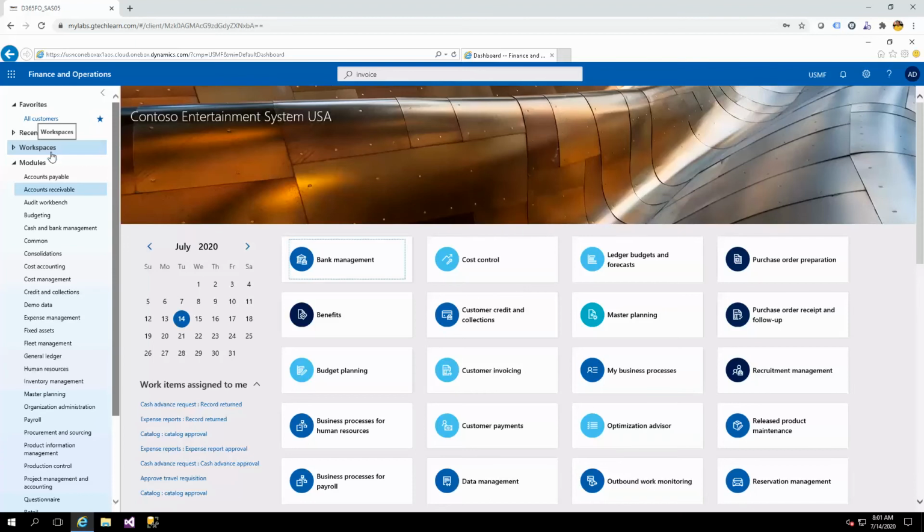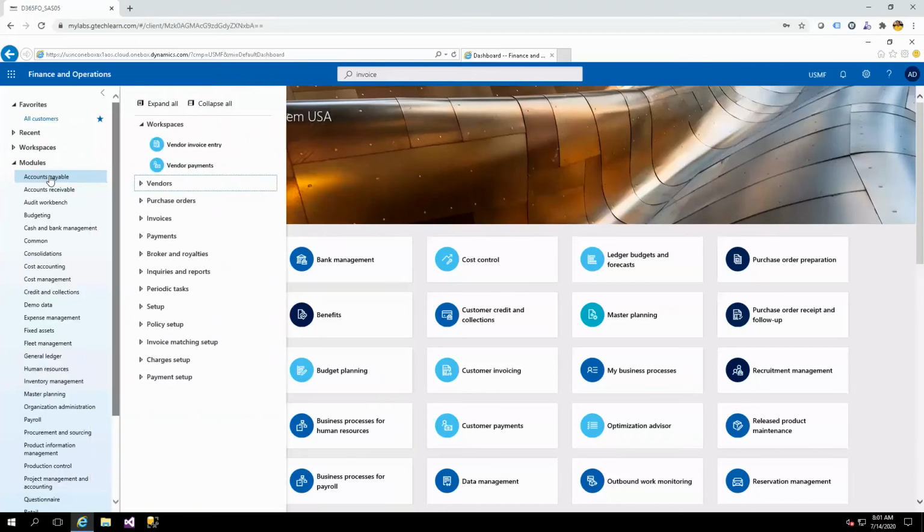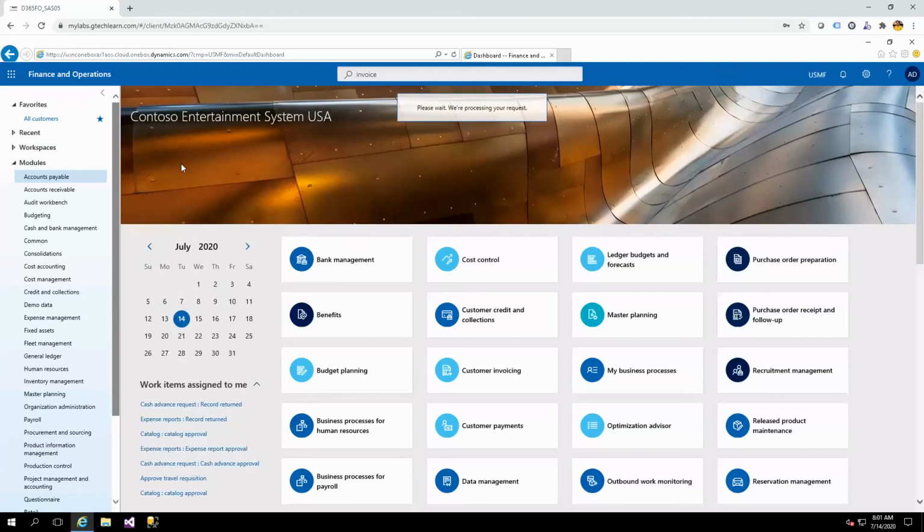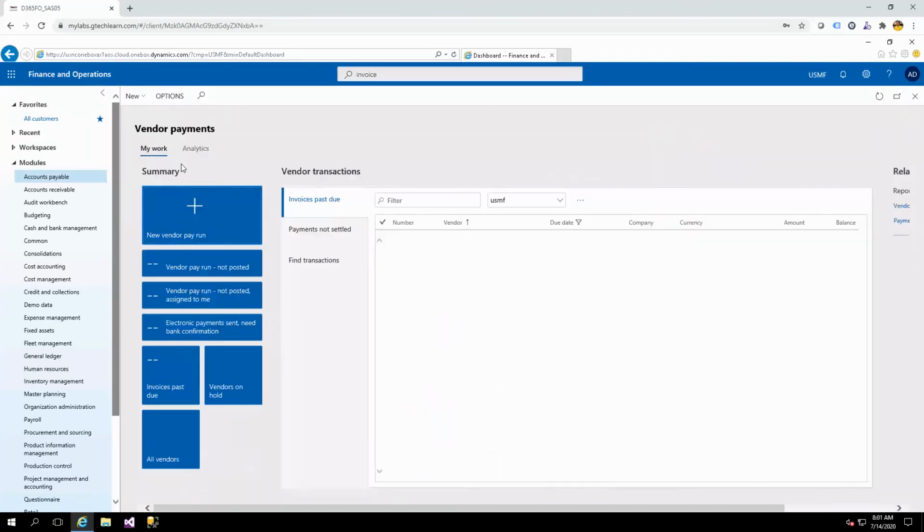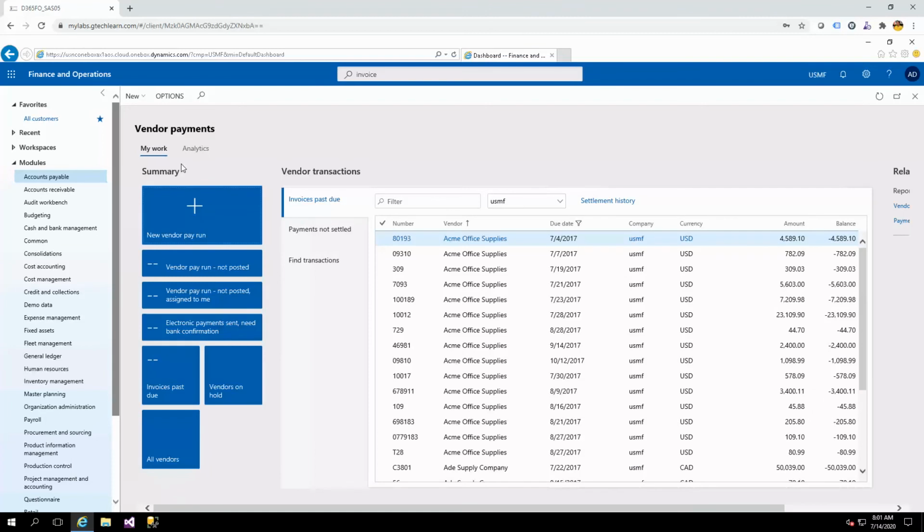One of them could be, if I'm moving to my accounts payable, I've got two different workspaces over here. Being a developer or a technical consultant during this program, you will also learn how to customize these workspaces and even how to create new workspaces if required. So let me click on my vendor payments workspace. And as I click over here, that will take me to that particular workspace, which is a collection of some